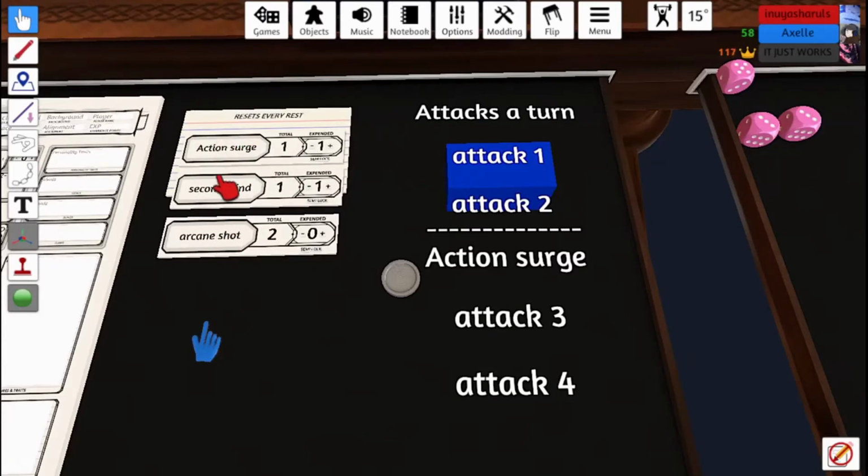So we kind of line the... I should let Austin describe this because he's the one who actually made all this. Describe what? We've got the Action Surge, Second Wind, Arcane Shot, and the attacks a turn. Yeah. So,